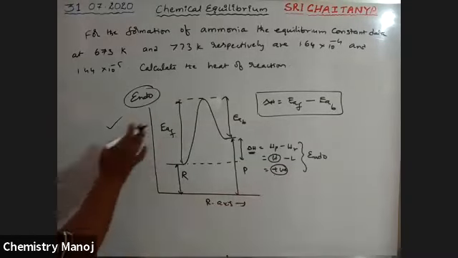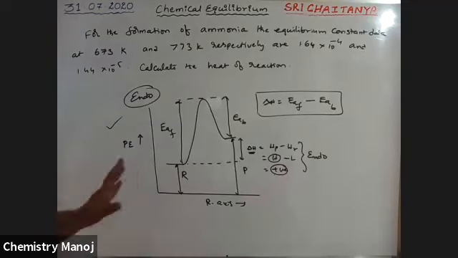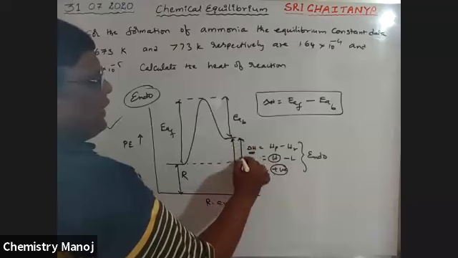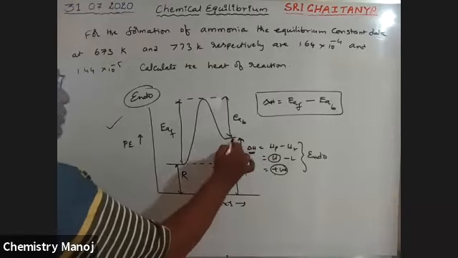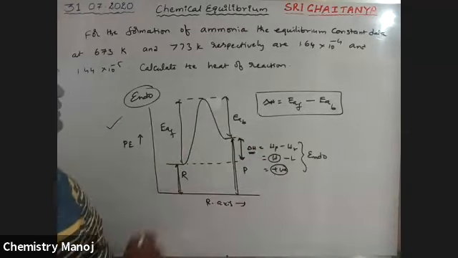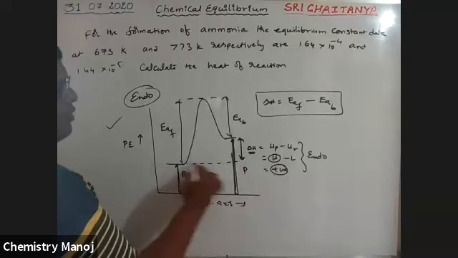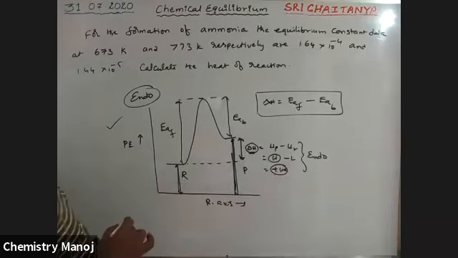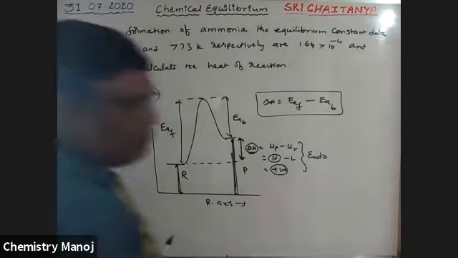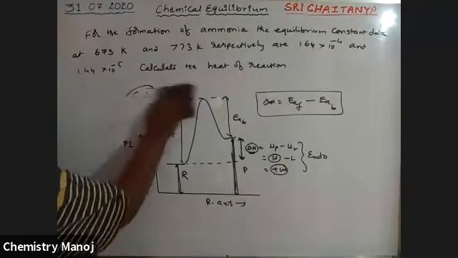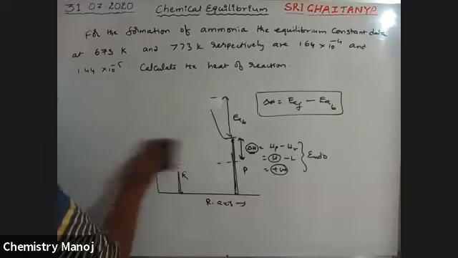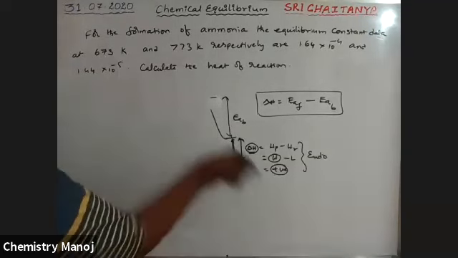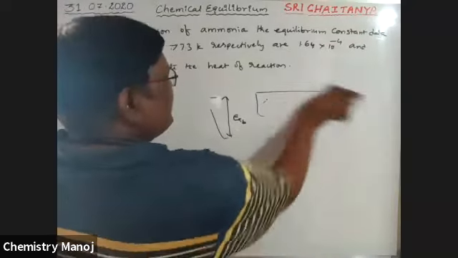The exothermic reaction concept I already completed, so these are the graphs. These are the activation energy concepts for heat of reactions. So the heat of reaction is nothing but the enthalpy of products minus the enthalpy of reactants. The difference of these two energies is the delta H of the reaction. It is an entirely separate topic, so wherever and whenever it is required, please use it.